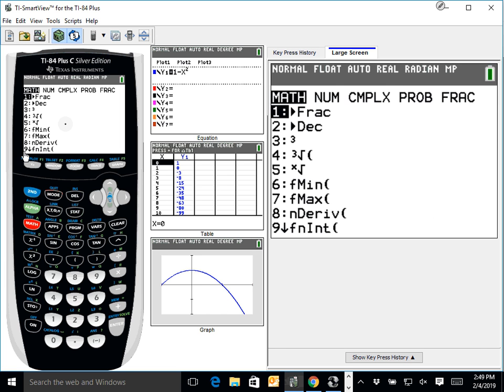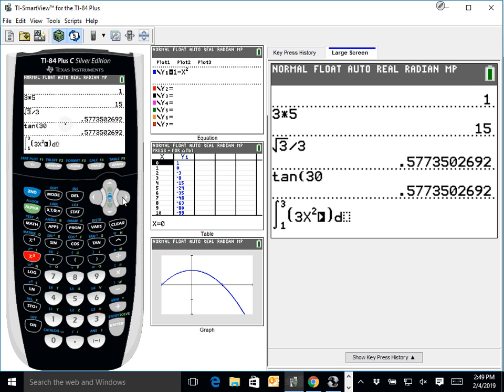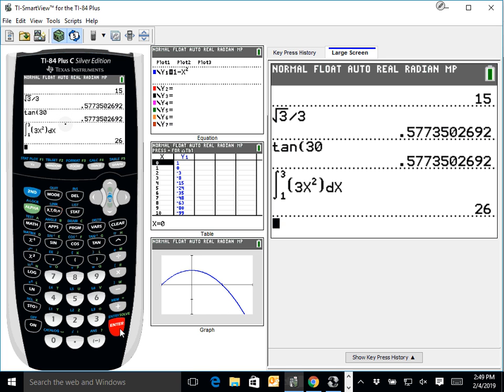So when you hit 9, you're going to see this pop up. And now I can test this out by doing the integral from 1 to 3 of 3x squared dx. And we see that we get an answer of 26, which is what we got solving it